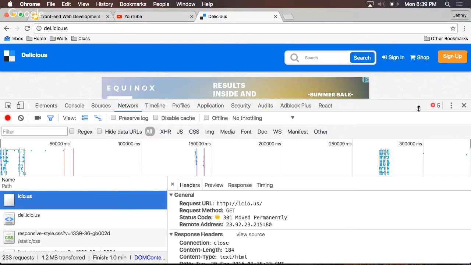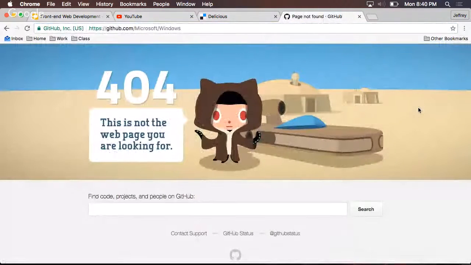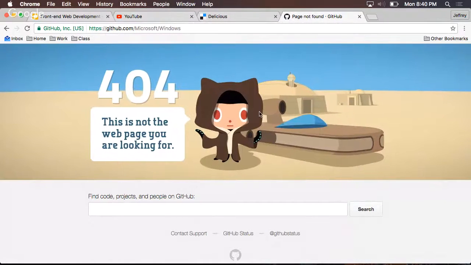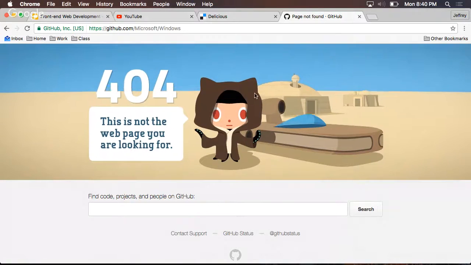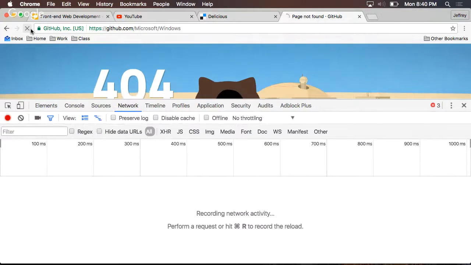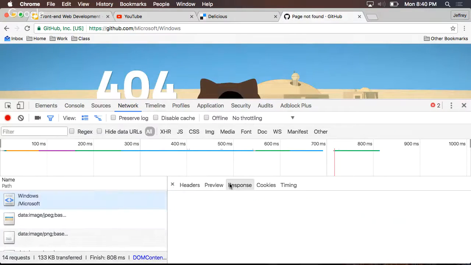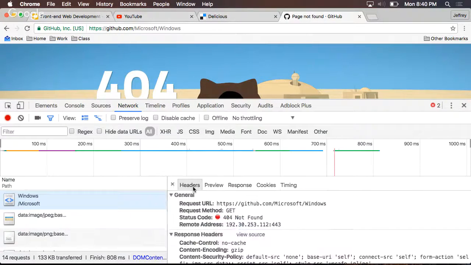But a 404 means that you were able to talk to the server, and that the server did send a response back to you. The response might have even had some HTML in it, and that HTML might have had links to images which could load. When you make a request for a certain thing, you're going to get something like a 404 error. And as you can see, this has JavaScript, CSS, HTML, a cool little effect when you move your mouse around. That's cute. But I take a look at the network panel, and here we go, 404 not found. So it's still a response, and it's still got HTML in the response, but the difference is that I've got